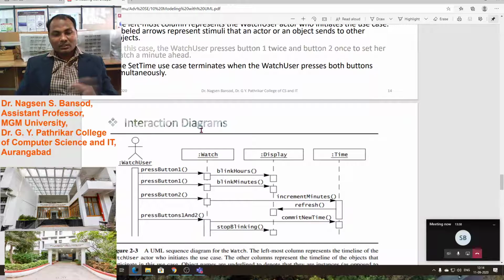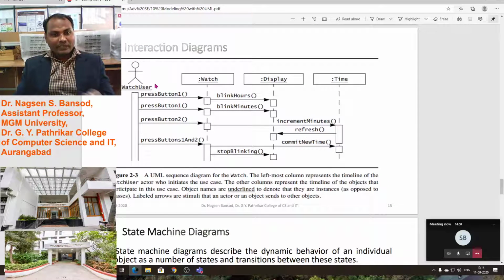We know the function of a simple watch. Everyone has seen it. Suppose we have a simple digital watch with two buttons to set the time and to set the date. What we have to do in that is shown with the help of the interaction diagram.